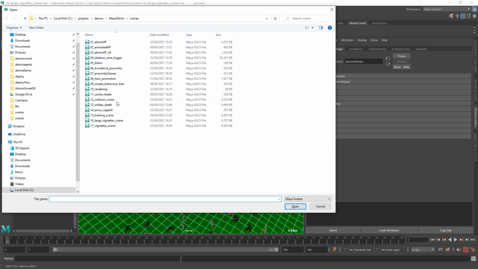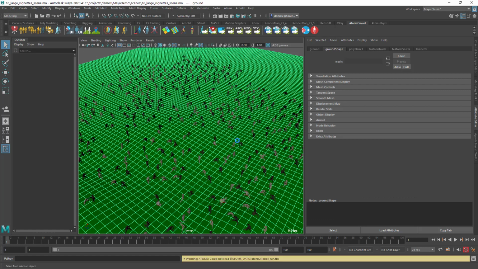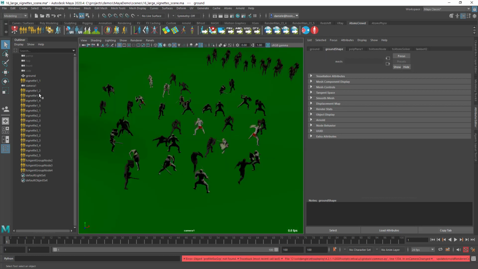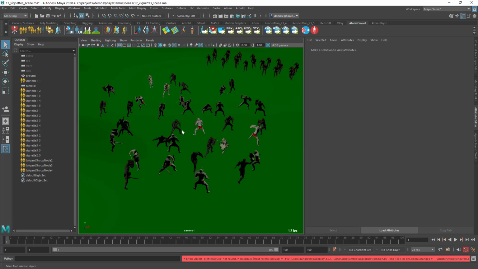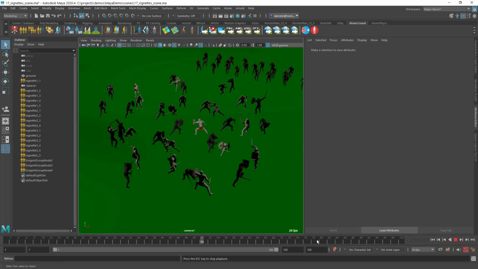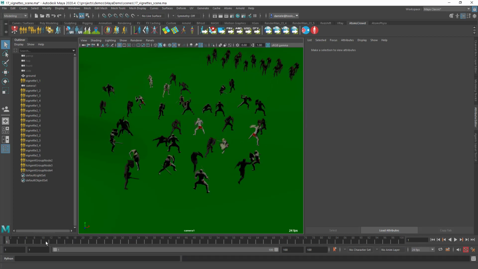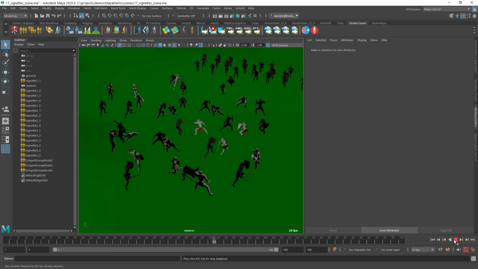Okay, so the last one is another vignette scene, but this one is a bit different because we have different caches being played. If you notice, when I press play, if you have a lot of caches and they're very heavy, the first time that the timeline plays, it will be slow, but then the second time it will be much faster. And this is because